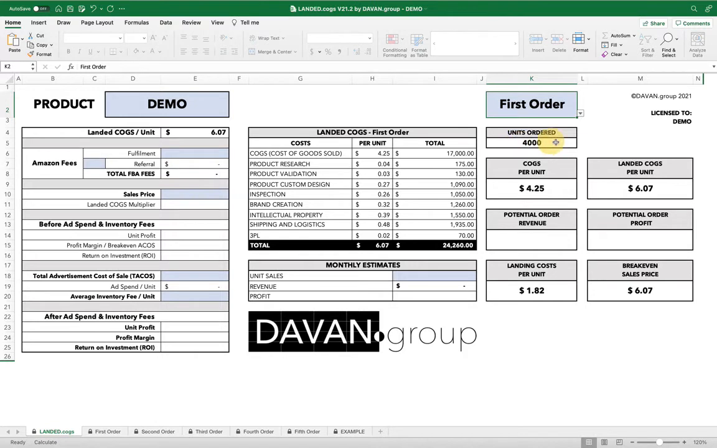Right. So it's nice, it's a quick overview. We saw that on our first order, we ordered 4,000 units. The COGS, right? So what we paid our supplier was $4.25. After we added all the additional costs, we're actually at a landed COGS per unit of $6.07. So let's go ahead and fill out the remaining blue fields to see if we're going to be profitable now